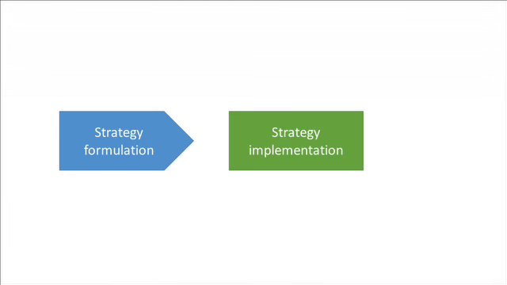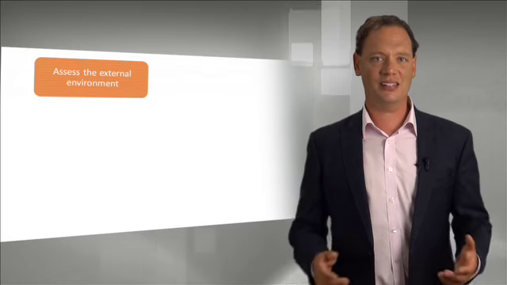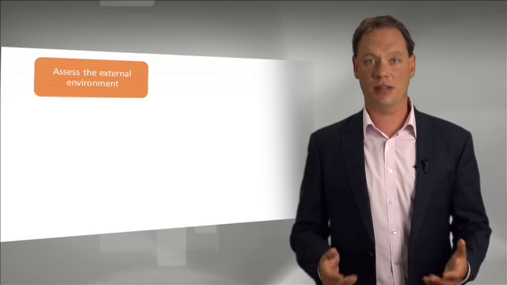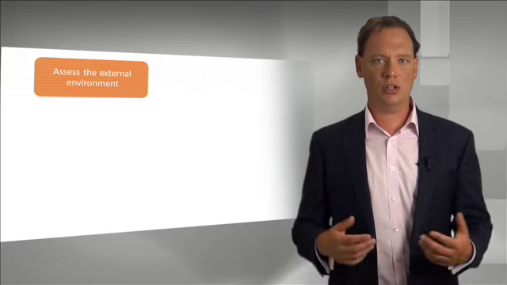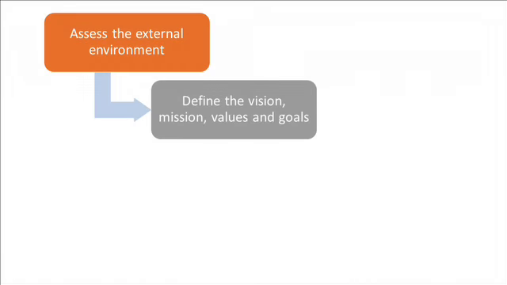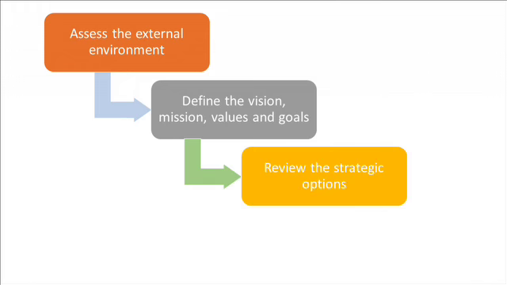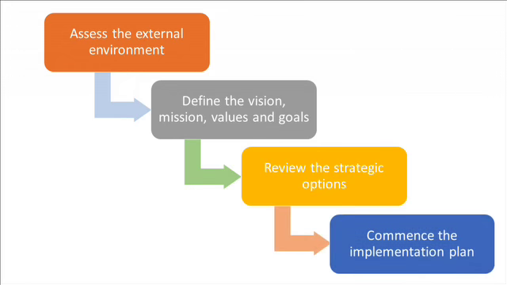The rational approach is the older of the two approaches and states that the conception and implementation of strategy are two discrete stages. This linear process begins with setting the long-term goals for the organisation. You assess the external environment using tools such as PESTLE and 5 Forces. Next, the organisation looks to define a clear vision, mission, values and goals. Once complete, you look at the strategic options the organisation can use and finally set an implementation plan to deliver the strategy. As you can see, the rational approach is very much a step-by-step theme with discrete start and end points.